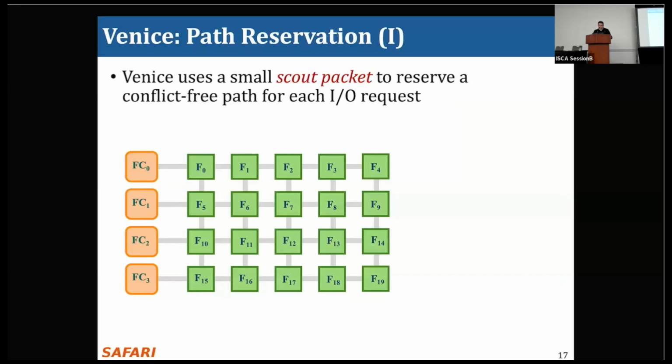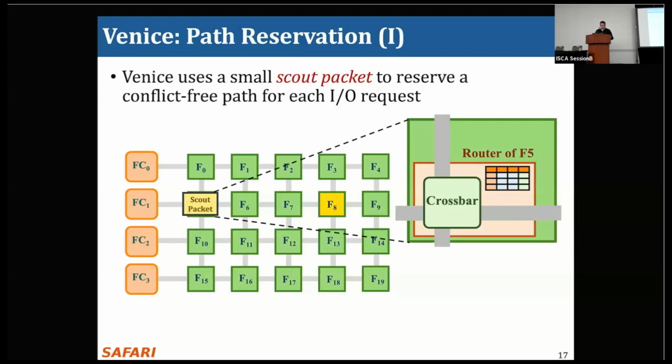Here we see a configuration where we have 4 flash controllers and 20 flash nodes, and an I/O request whose target flash node is F8. Venice sends a scout packet using the flash controller FC1 through the network to reserve a path before the I/O request is actually transferred. The scout packet traverses the network, and whenever it reaches an intermediate flash node, the router inside the flash node